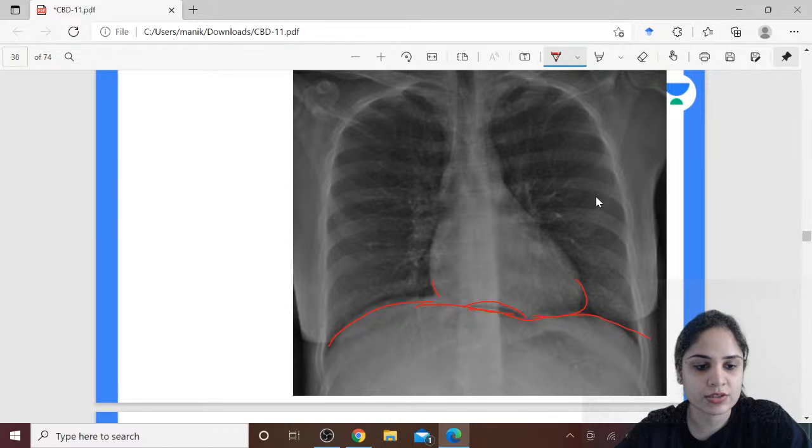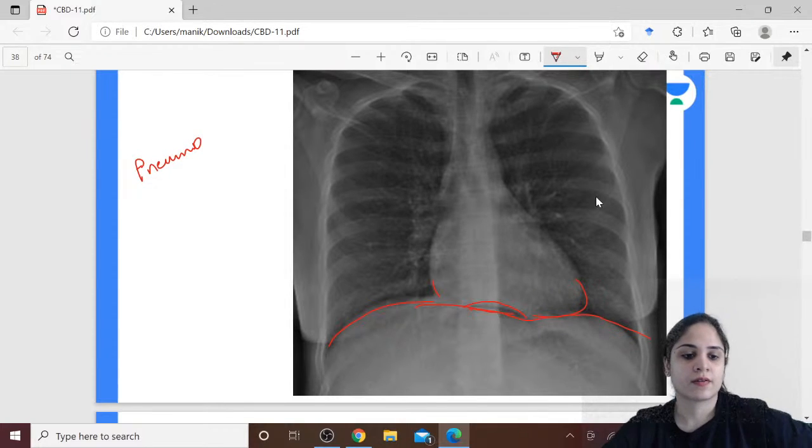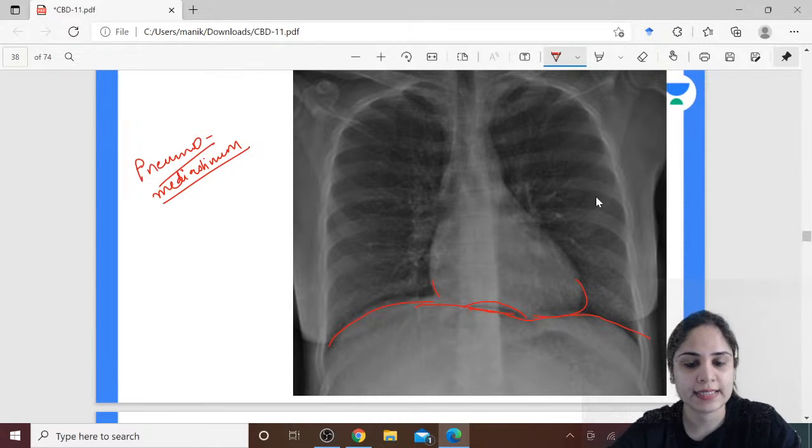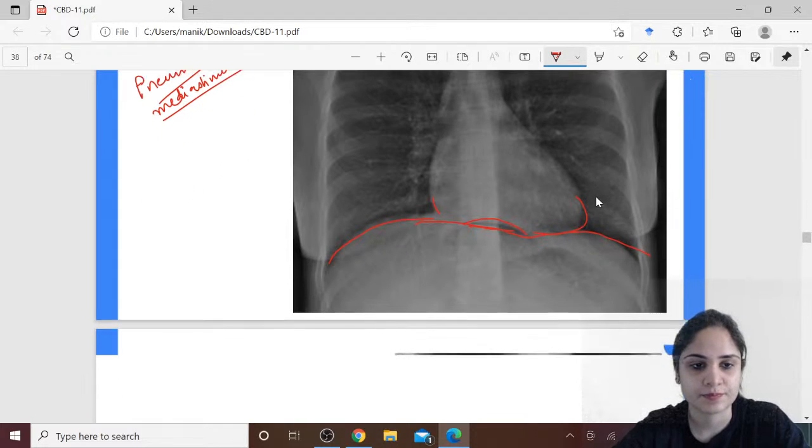So what is this condition? Perforation. Are you sure? There is collection of air between the base of the heart and the diaphragm, correct? So what is this air called? This is called pneumomediastinum. There is free air present in the mediastinal cavity, so this is called pneumomediastinum. So in pneumomediastinum, you see continuous diaphragm sign. Alright,